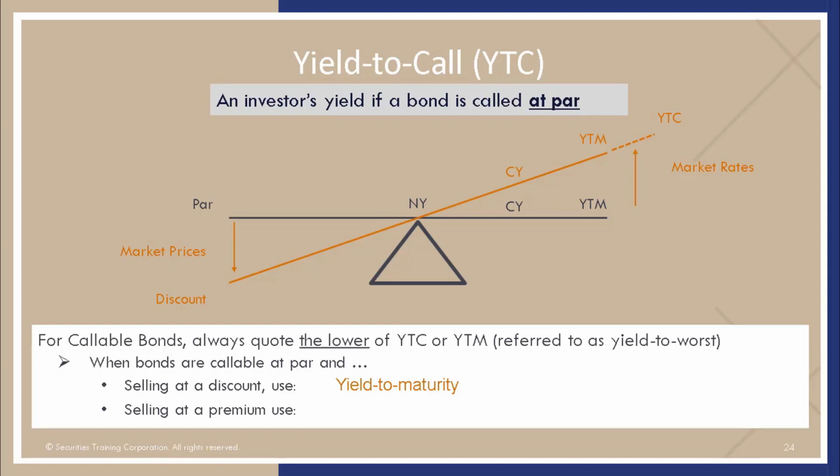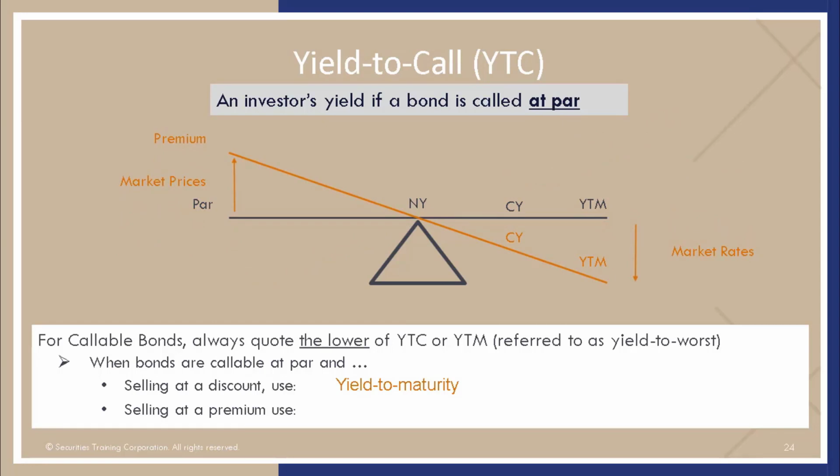Now, what if the bond is trading at a premium? Let's look at that. If a bond is trading at a premium, the market price is above the par value. And from earlier discussions, we have the nominal yield, followed lower by the current yield, followed by the yield to maturity. Well, if the bond is callable at par, the yield to call will be lower than the yield to maturity. Again, why? Because if you buy a bond at 1,000, let's say 50, and you're overpaying by $50, which